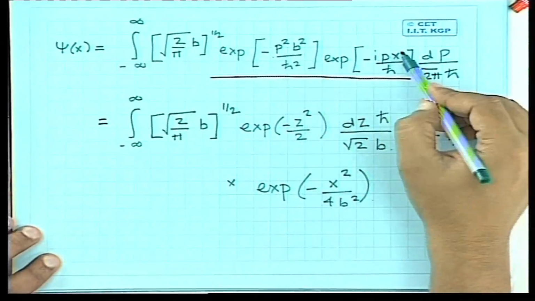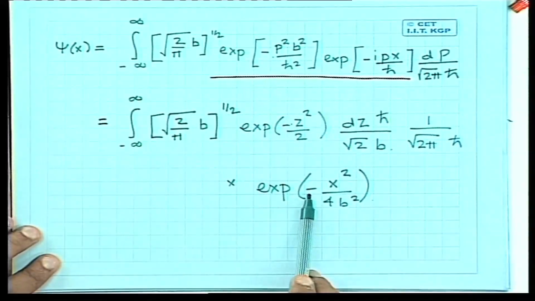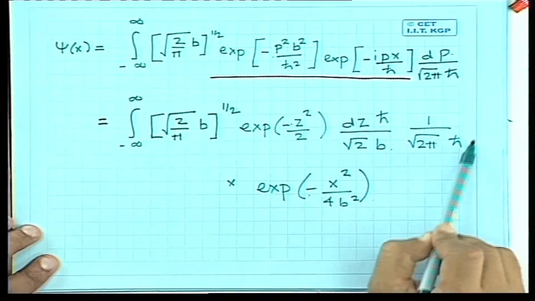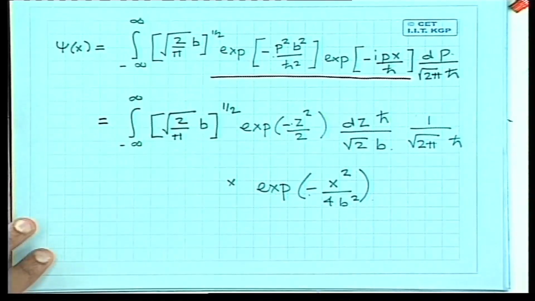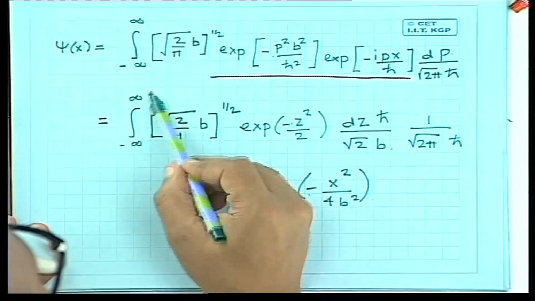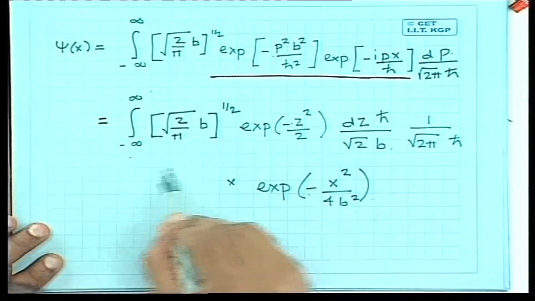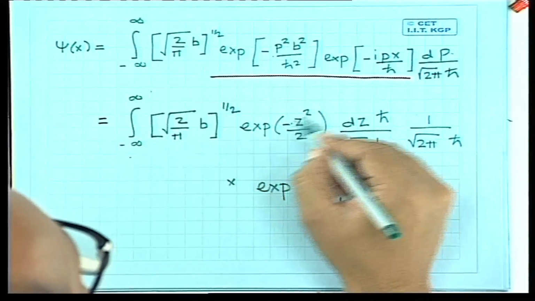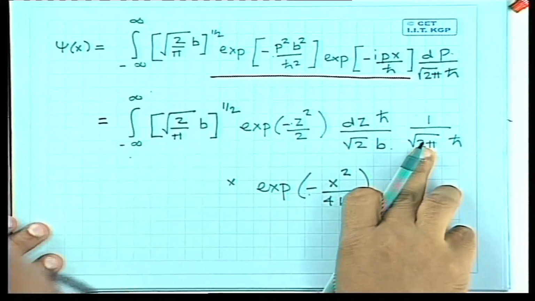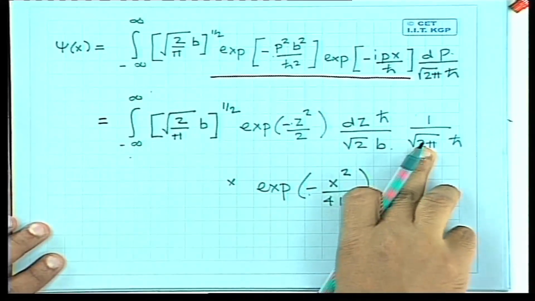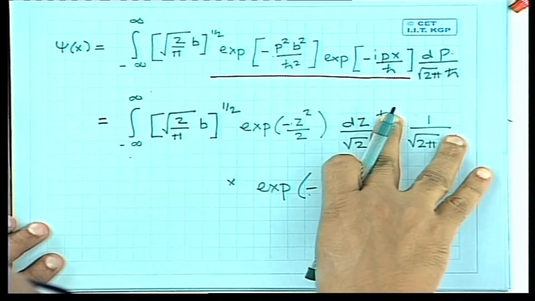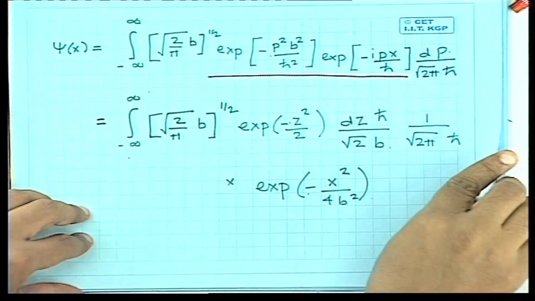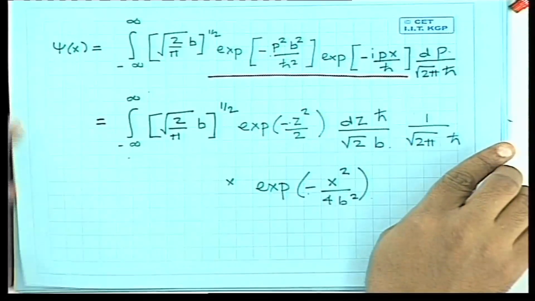So we have taken this and written it in terms of this, and dp is this in terms of z, and we had these factors already earlier. Now if you do the integral over z, it gives us a factor of square root of 2 pi. So this integral cancels out exactly with this square root of 2 pi. The h cross over here cancels out with this. So what are we left with? Let me write down what we are left with after we do the z integral.